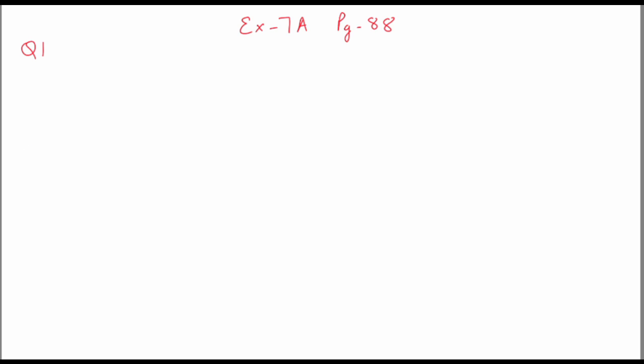So what is the first question? I'm reading it for you. The weight of 8 identical articles is 4.8 kg. What will be the weight of 11 such articles? Whenever we add one more article, the quantity is increasing as well as the weight is increasing. So it comes in direct variation. If you want, you can write it here for your knowledge. So this is direct variation.